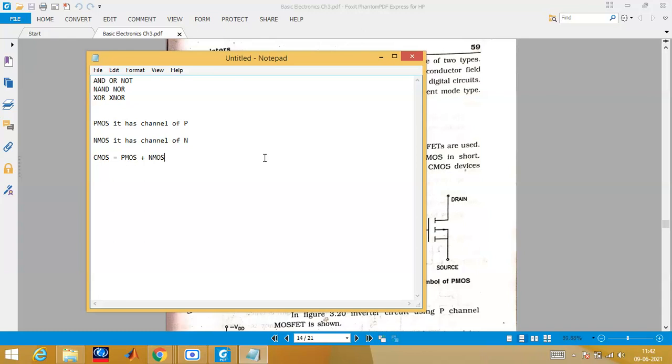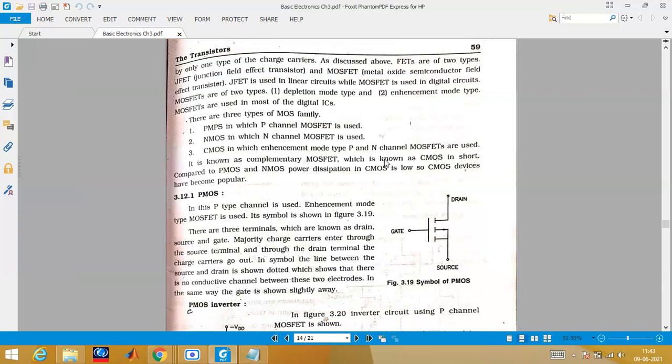Very, very important: CMOS is used very efficiently and effectively. Actually we have to discuss CMOS, but one cannot directly design the CMOS until and unless one is clear with the PMOS and NMOS. So to understand the CMOS in detail, it is a prerequisite to understand how we can design with PMOS and NMOS. Then we will combine all the good points of PMOS and NMOS to get our complementary metal oxide semiconductor. As the name itself indicates complementary, both PMOS and NMOS will be present.